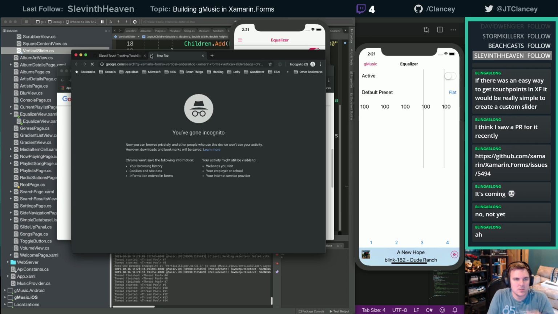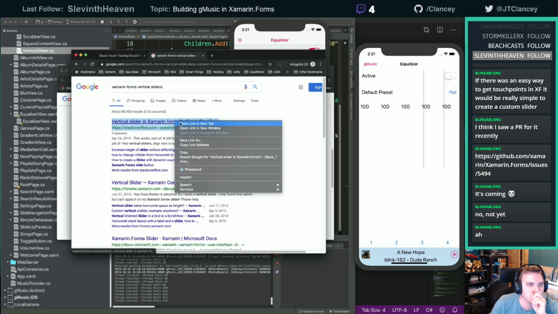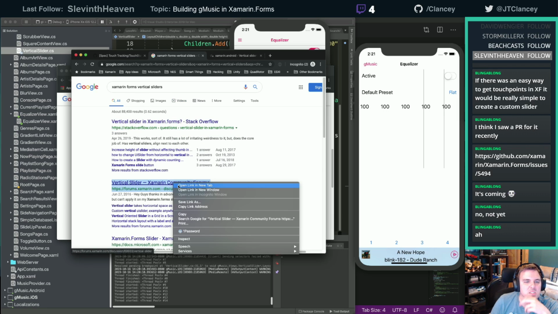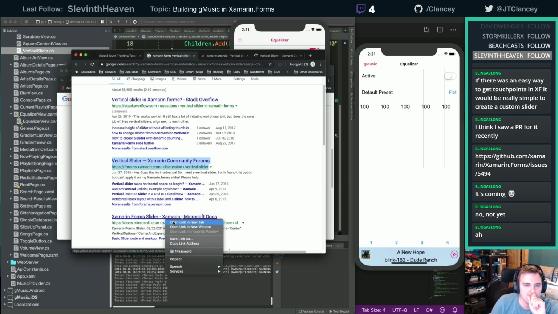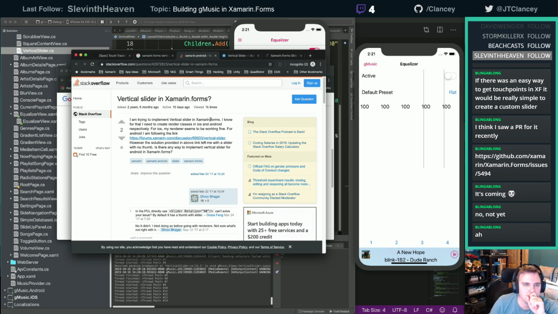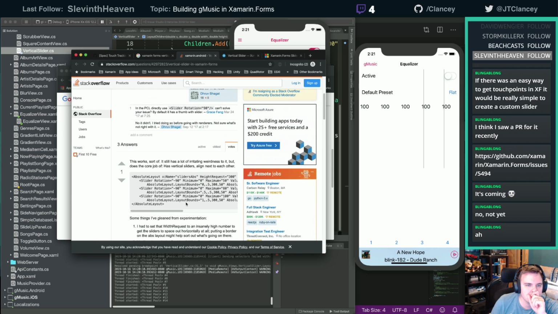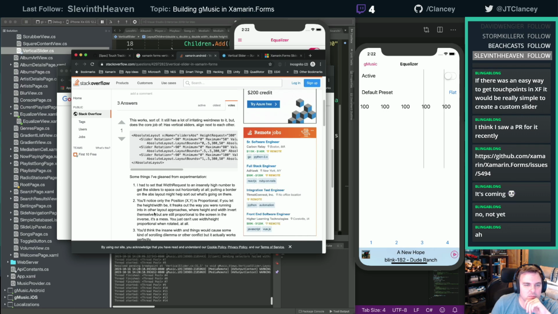Vertical sliders. It's been asked before. Yeah, these are doing some crazy stuff.